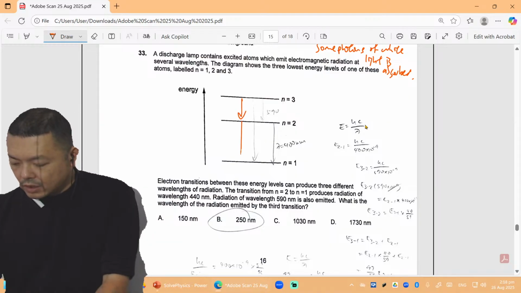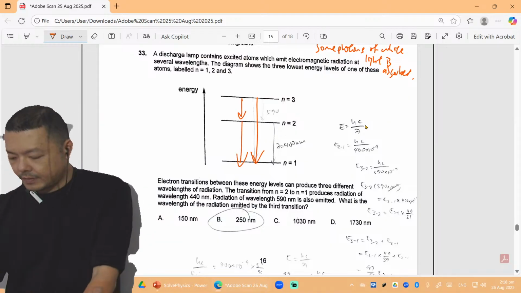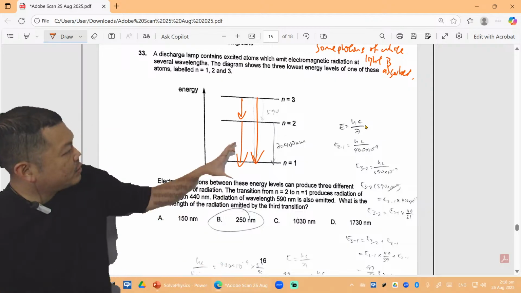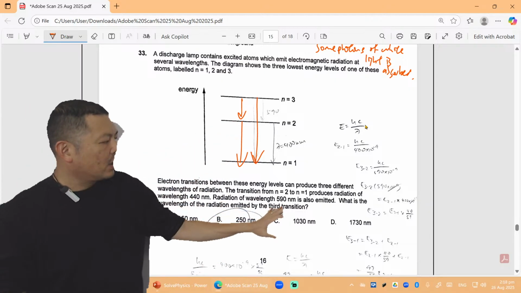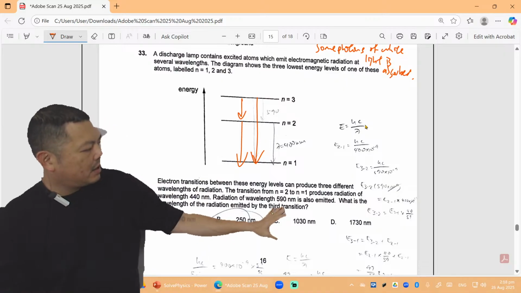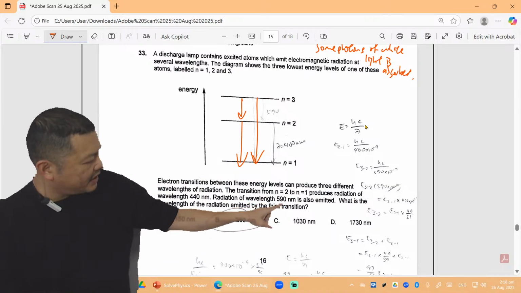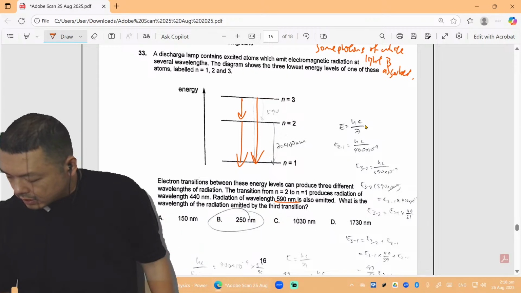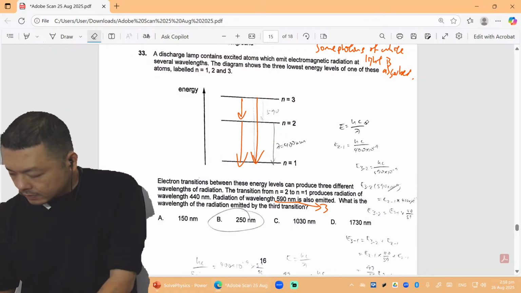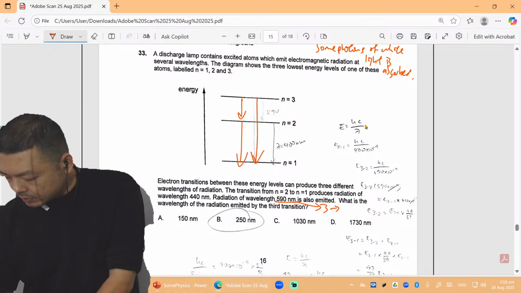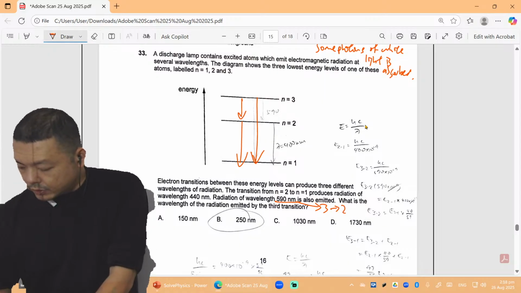So there's 1, 2, and the whole thing 3. They're saying 2 to 1 is 440, but 590 is a lower energy transition. This is 3 to 2. Then they ask you what's the